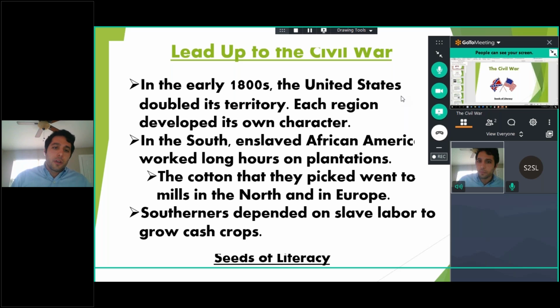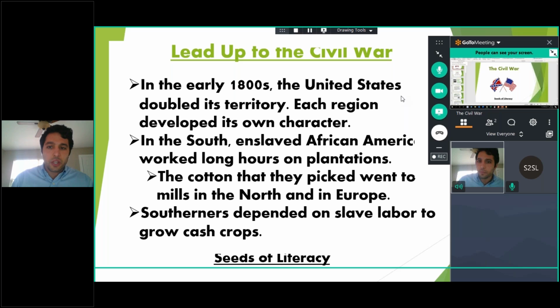And in these other parts of the country, they're developing in other ways. So, in the 19th century, we have the Industrial Revolution. And so in the North, people were moving away from agriculture, and factories and manufacturing were starting to boom. So you have people in the North becoming more and more hostile to slavery, understanding just how immoral it was, and really moving into this manufacturing sector, where they're working in the factories.